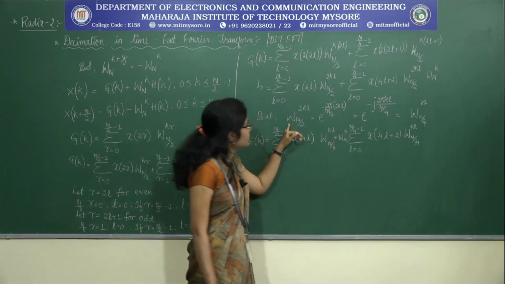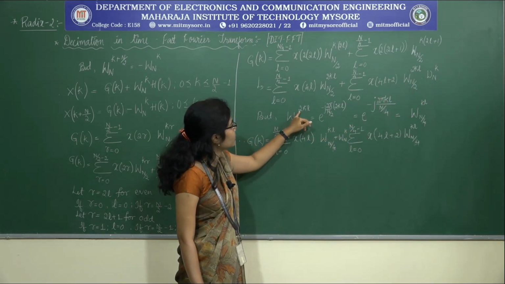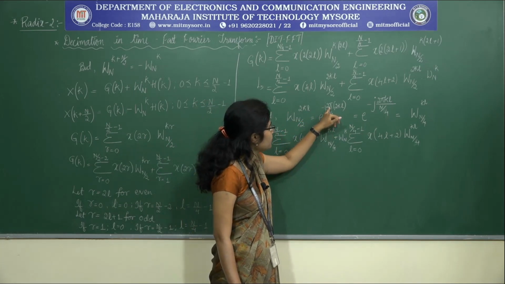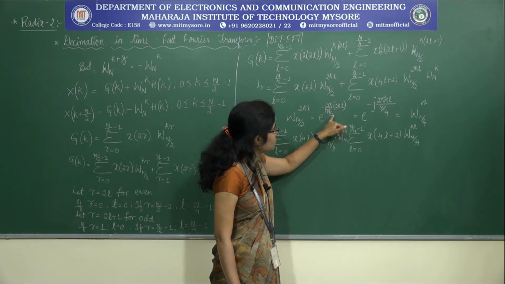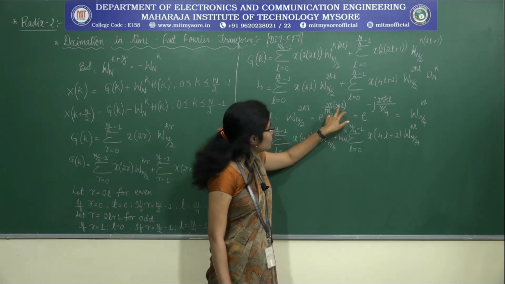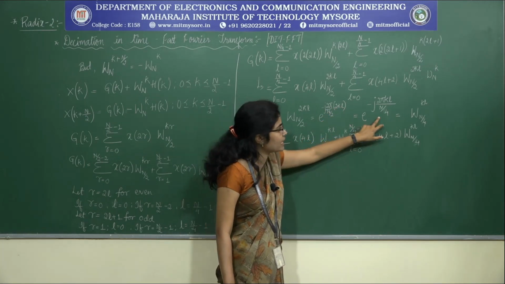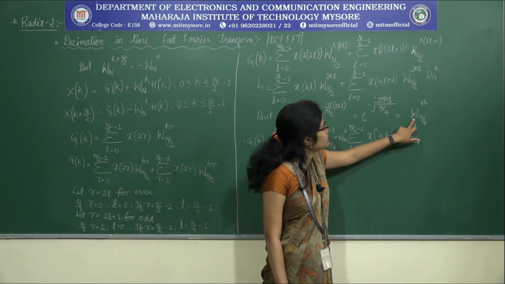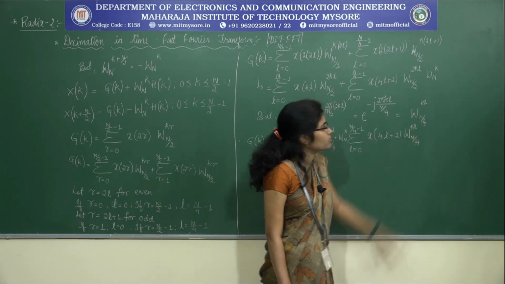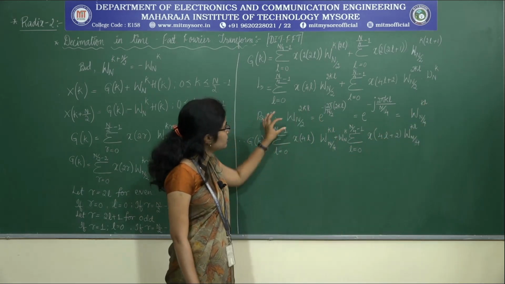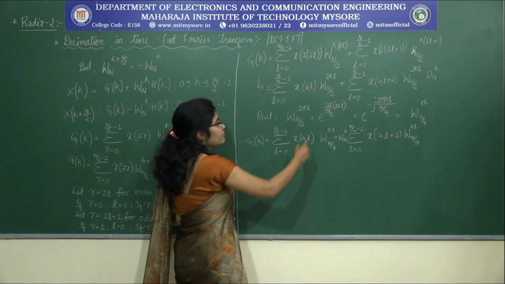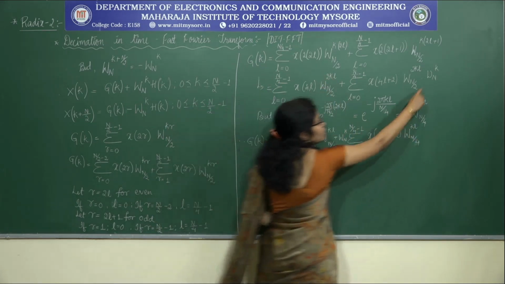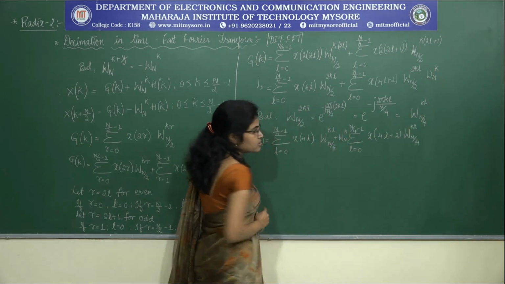After this, we know omega n by 2 to the power of 2kl can be written as e power minus j 2 pi by n by 2 into 2kl. So now let me move this 2 to the denominator, and rewriting this in terms of twiddle factor, it is nothing but equal to omega n by 4 to the power of kl. Now substituting this in the equation, wherever I have this term, I have replaced it, and I have taken omega n to the power of k outside the summation.